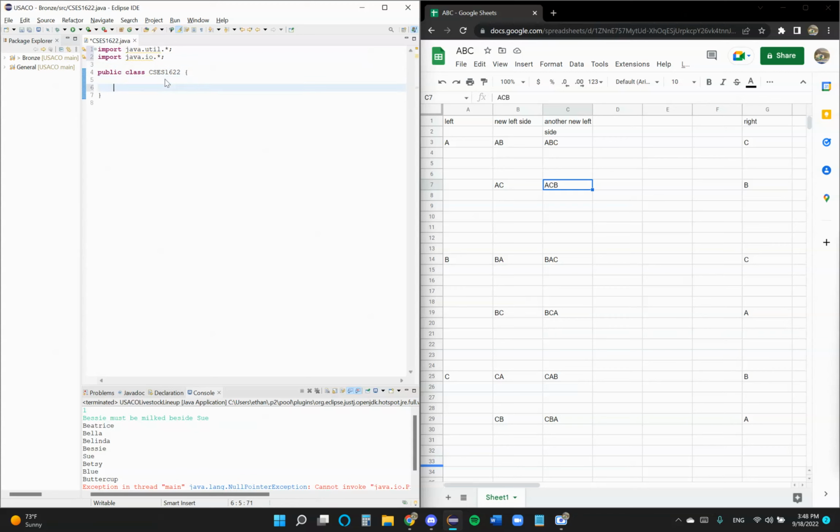And then we need a scanner, right, to get the string that we're going to be changing. So static Scanner in. Actually, we don't need an int. We do need, however, a string s, right? Static String s, which is going to be the string we're getting with the scanner. And then we're going to need